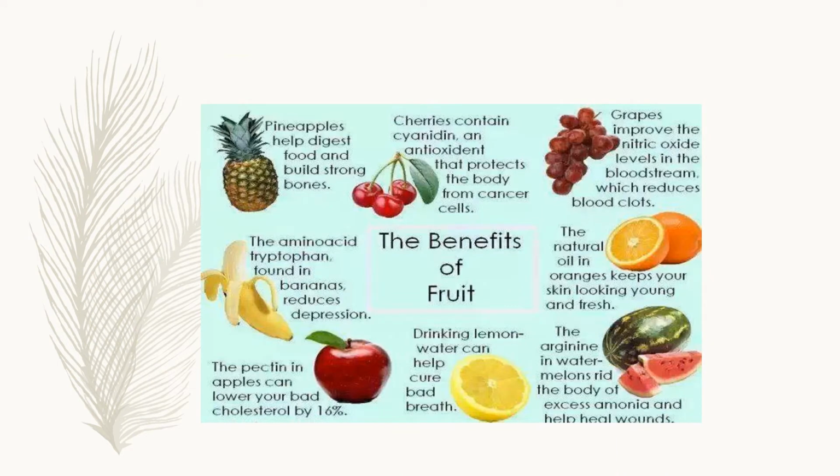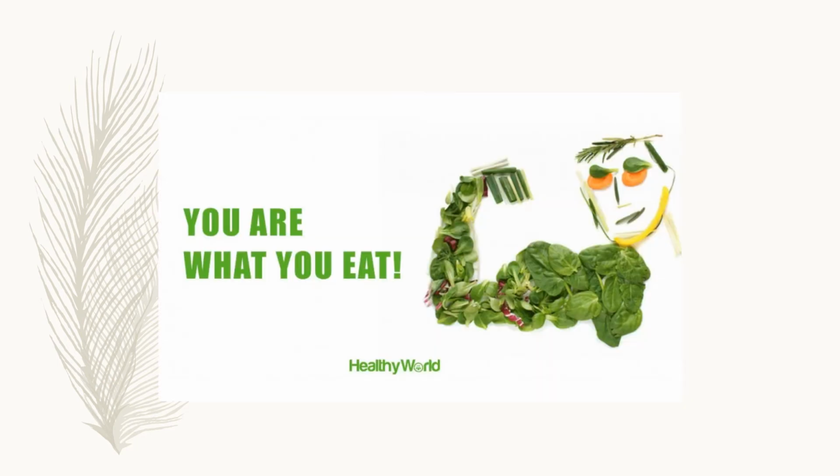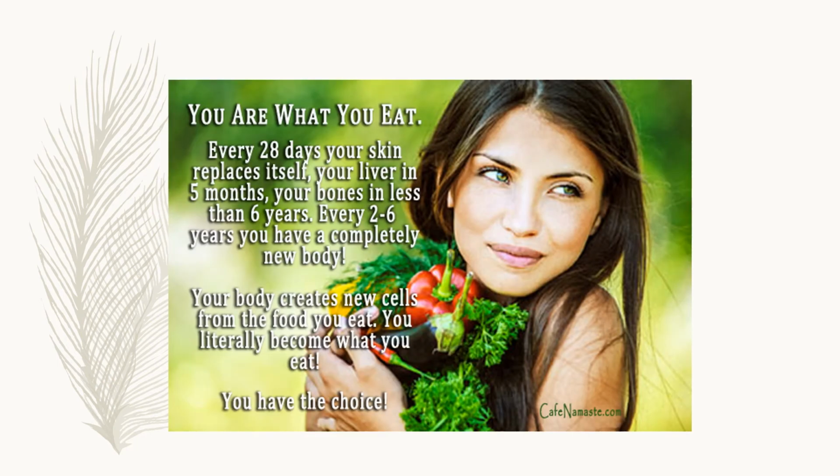And look, if you haven't been eating that way, like if you know that your veggie intake could be better, just do it slowly. Just every day, just add another one, add another one, add another one, and within a month or so, you're going to be where you need to be. So look, nature really is very clever, and we've been designed in nature. And if we just tap into nature and how amazing it is, you'll feel so much better. So you really are what you eat,